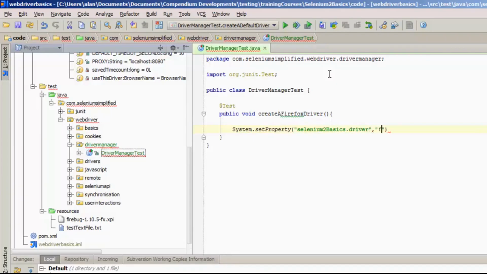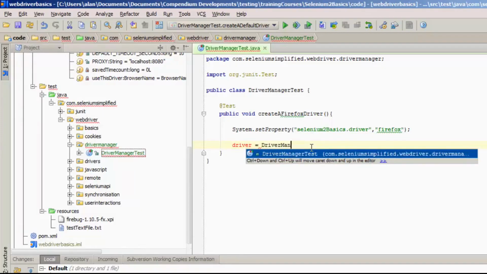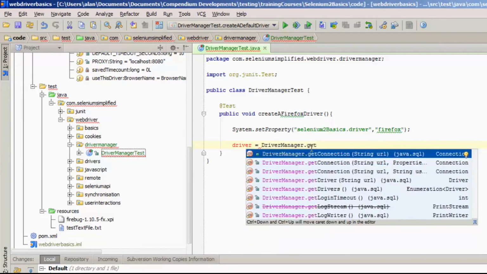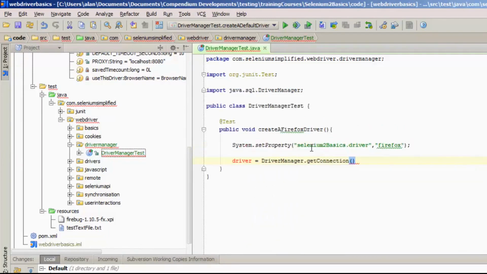I will set that to Firefox, and then in my test I will do a driver equals, I'll call this driver manager to distinguish it from the other one that I've got in the code base, and I'll say get, so get me a driver,